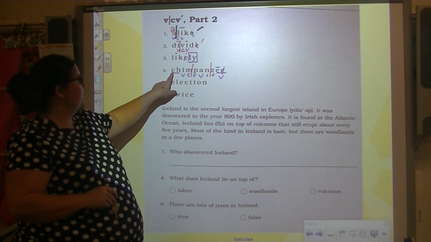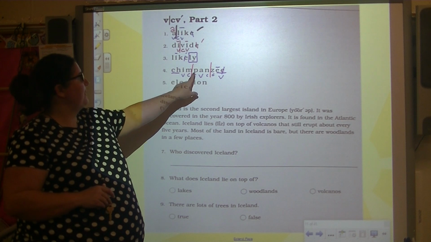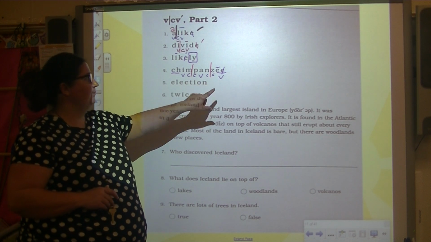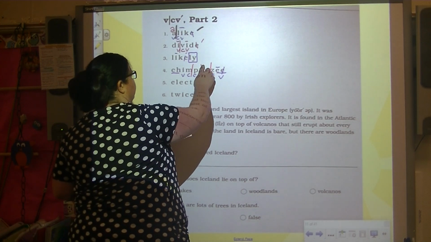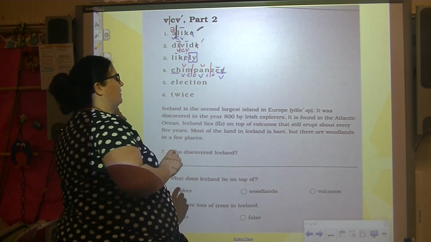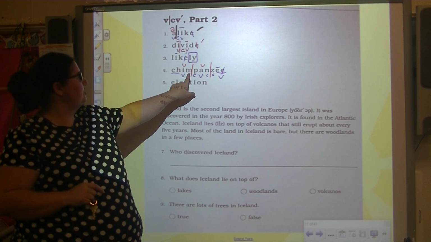You ready? Ch, im, chim. Oh, we didn't code it. Vowel followed by consonant is short. Miss Fire's getting ahead of herself. Do it again. Ch, im, chim,